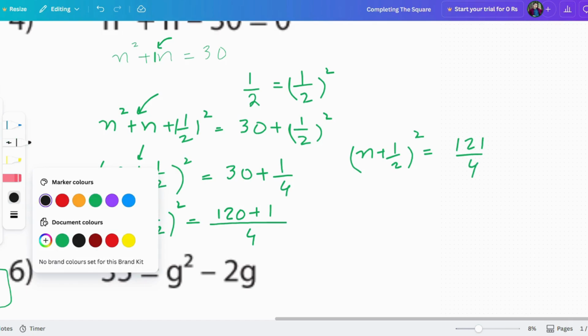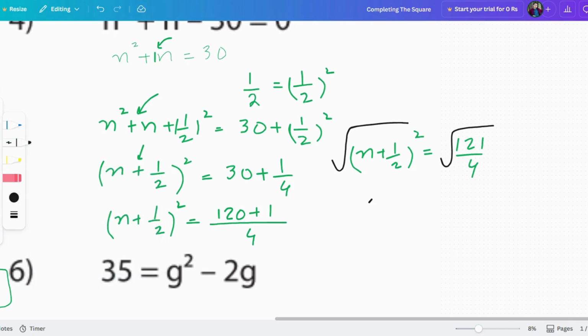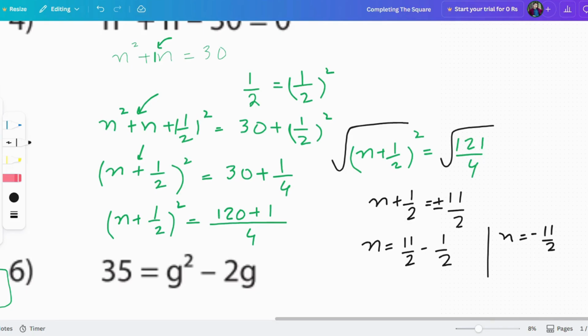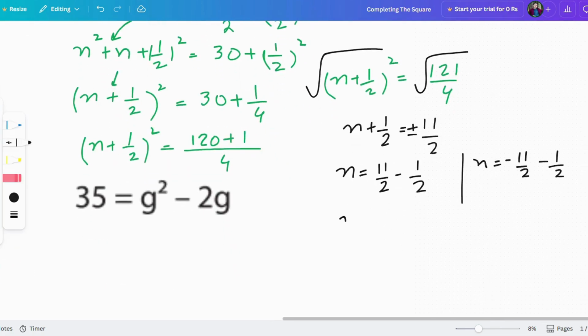After that I will take radical on both sides. So it will become n plus 1 over 2. Alright, so radical 121, that's equivalent to 11 over 2 with the plus minus sign. So one time I will put it as n equals 11 over 2 minus 1 over 2, and one time I will put it as n is equivalent to minus 11 over 2 minus 1 over 2. Alright, so now if I further simplify it, it will become 2 over here, 11 minus 1, so n is equivalent to 10 over 2, which is equivalent to 5. So n equals 5 for this one,